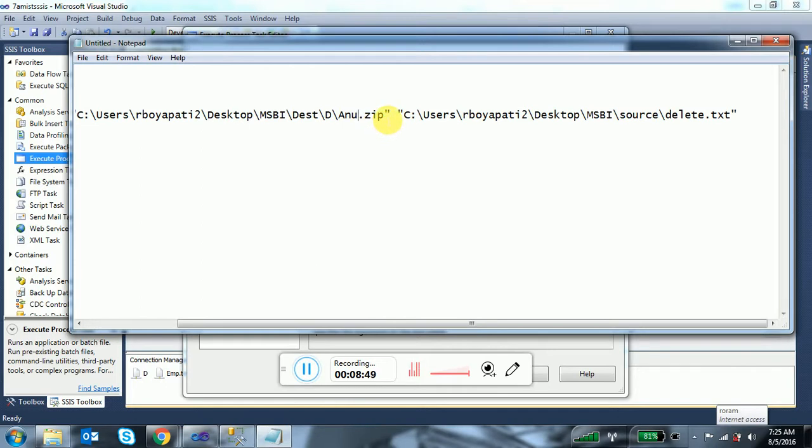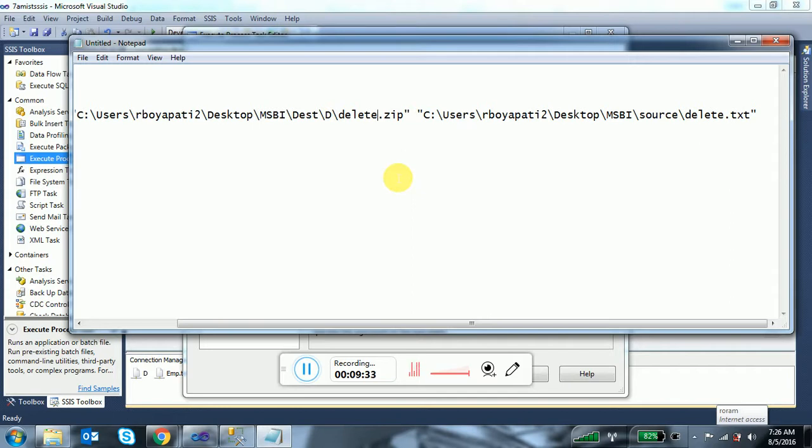Okay. And I have one more question, though I'm not sure if it's related to this. Let's say I have to create a file in one of the locations. Let's say there is no delete text file, and I want to create that file. SSIS does create the file also, right? Yes. If you followed yesterday's class, you can find that there. Usually I create a file in the location, then I do the package. Yes, by using the file system task, you can create a file also.